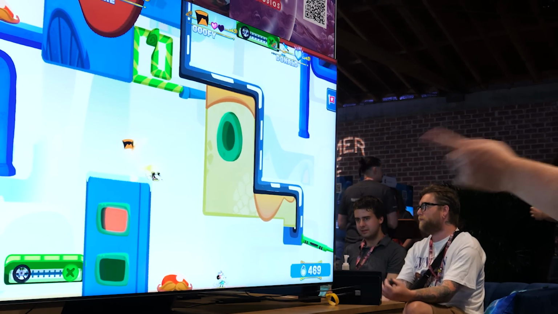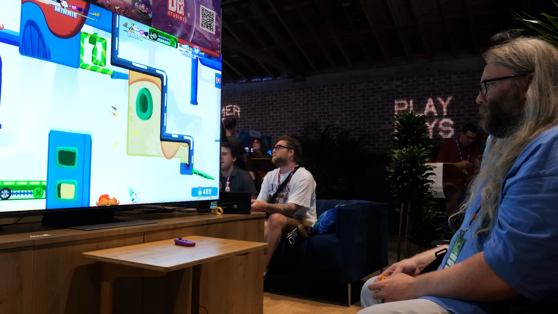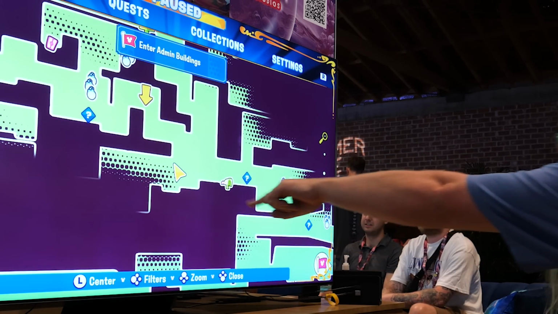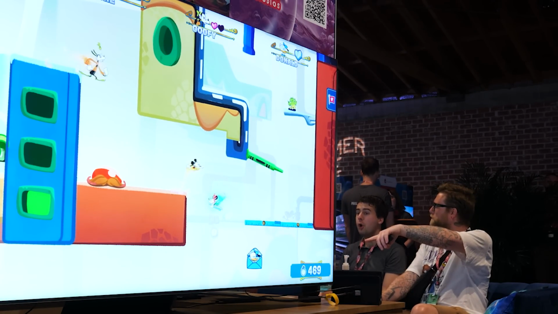Oh yeah, so if anybody goes off screen, you get put in an envelope, similar to Rayman's bubble. So we need to go, so if we look, you can see this area is partially revealed. So we want to head down there. I love how Mickey brings out a pencil when he's...